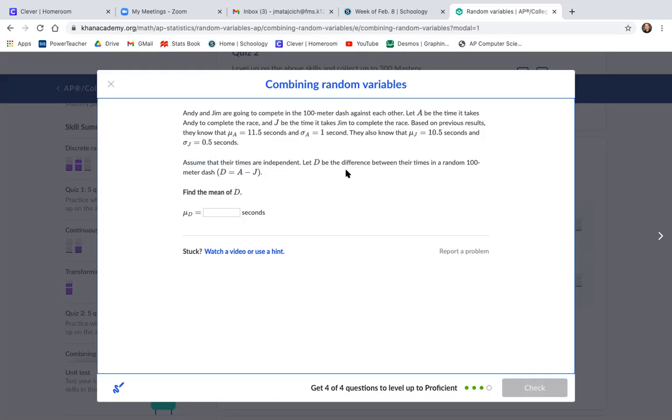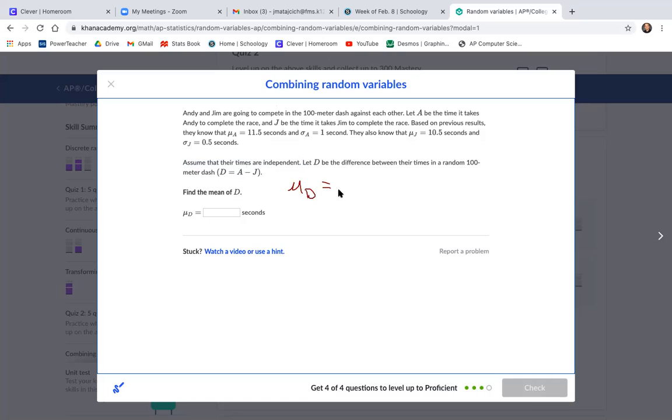So D is the difference between their times. This is an important statement because it tells you what to subtract. We need to know which variable gets subtracted, which variable is taken away from the other. So the statement does matter. We wouldn't want to do the mean for J minus the mean for A. Anyhow, we're only doing the mean this time, which means I can calculate the mean difference as